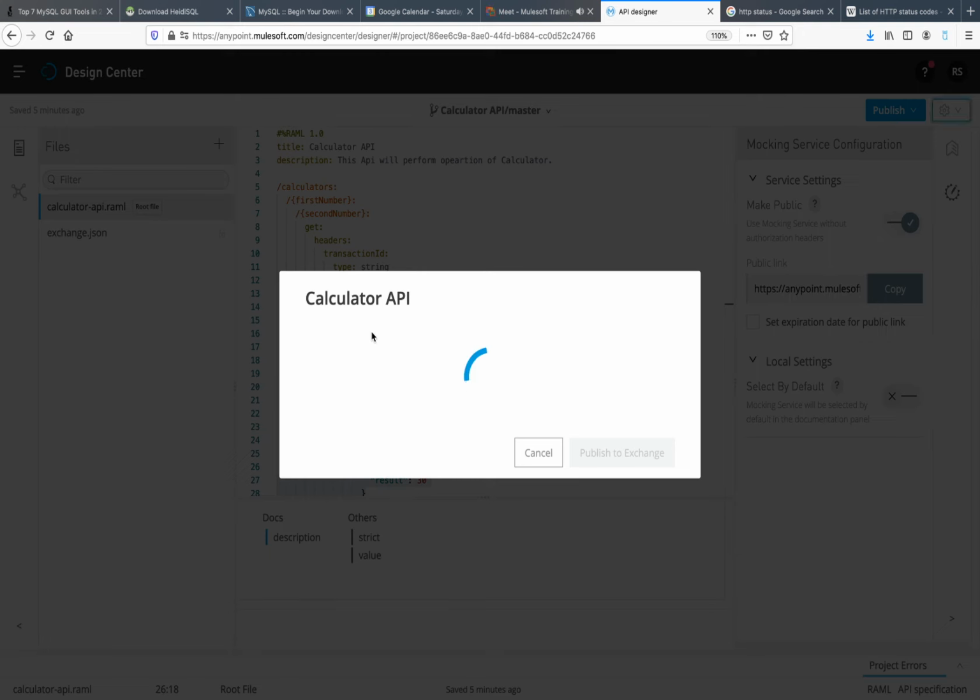Then it will ask about your version, so we need to provide the version of this API. When next time you publish again, you need to change that version. For example, if I use 1.0.0 now, next time I will publish with 1.0.1.